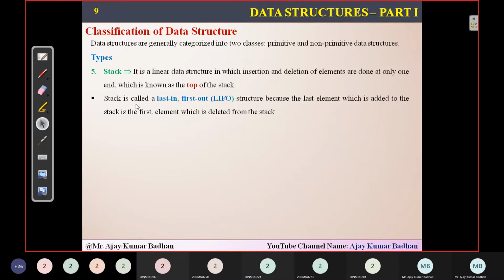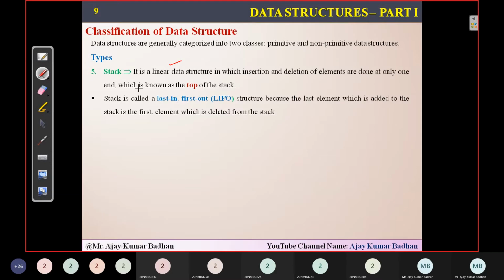Coming to stacks, it is a linear data structure. This is also one of the linear data structures. Here the insertion and deletion can be done only at one endpoint. Remember this, we have to keep it in mind.